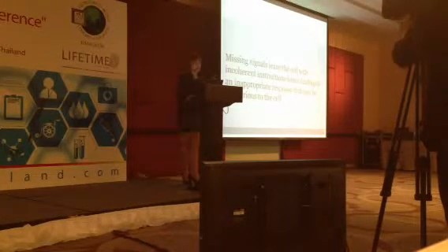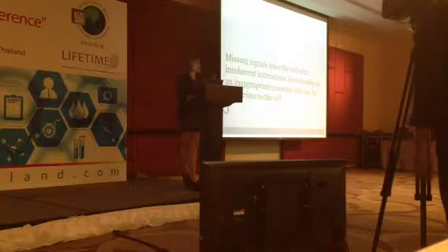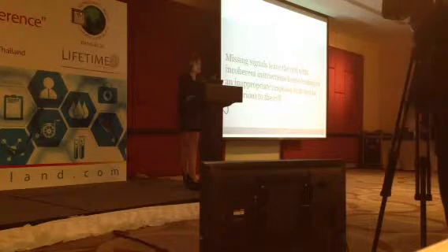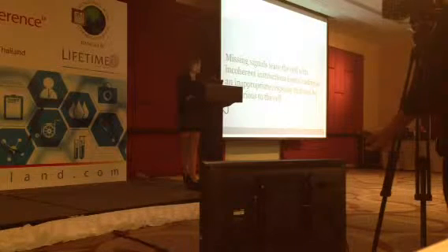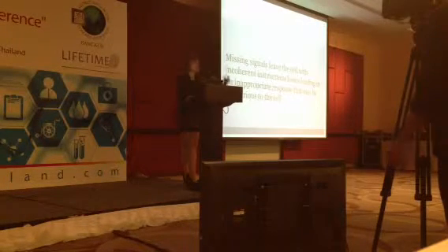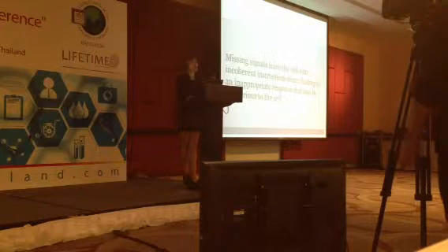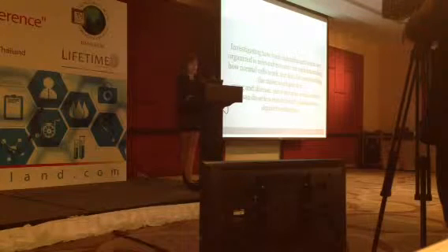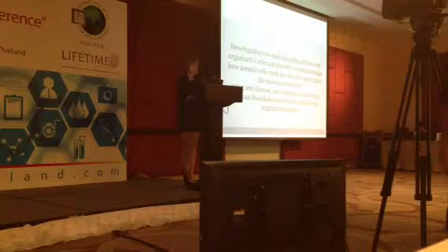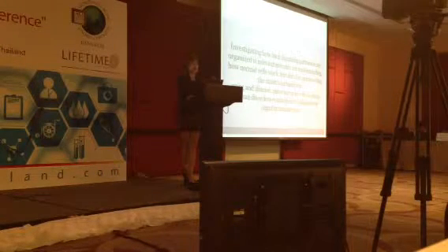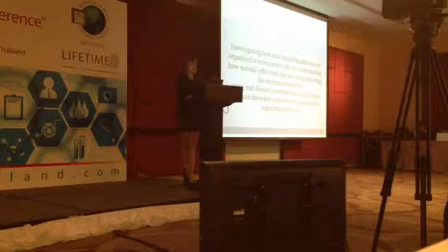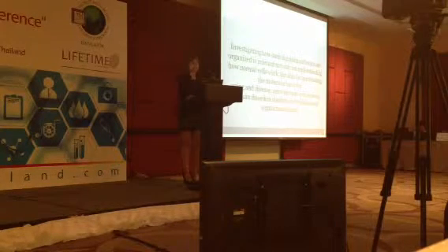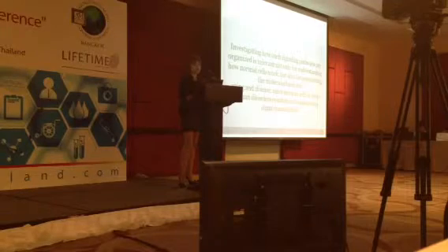Now, missing signals can leave the cell with incoherent instructions, and therefore they're going to give inappropriate responses, and that will be deleterious to the cell. This is what another theory of cancer is, that it's the wrong signaling. Now, investigating how such signaling pathways are organized is relevant not only for understanding how normal cells work, but also for appreciating the molecular basis for aging and disease, since aging, as well as many human disorders, result from breakdowns in signal transduction.